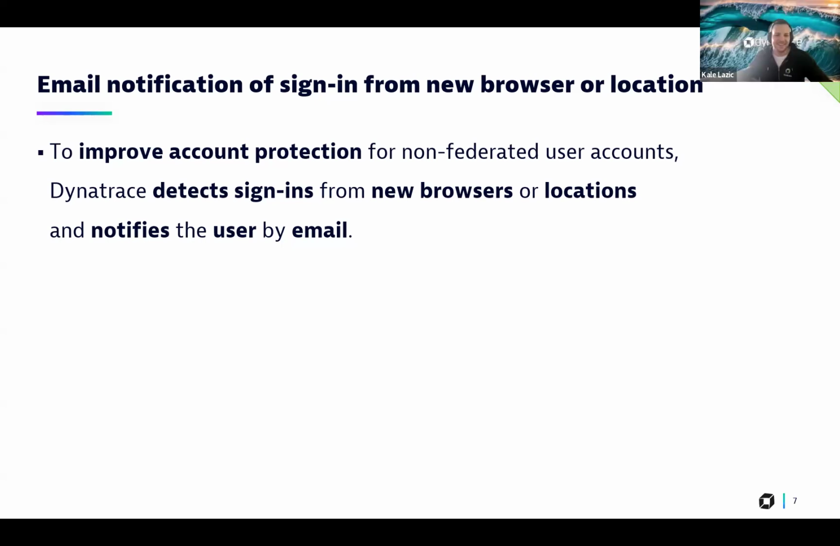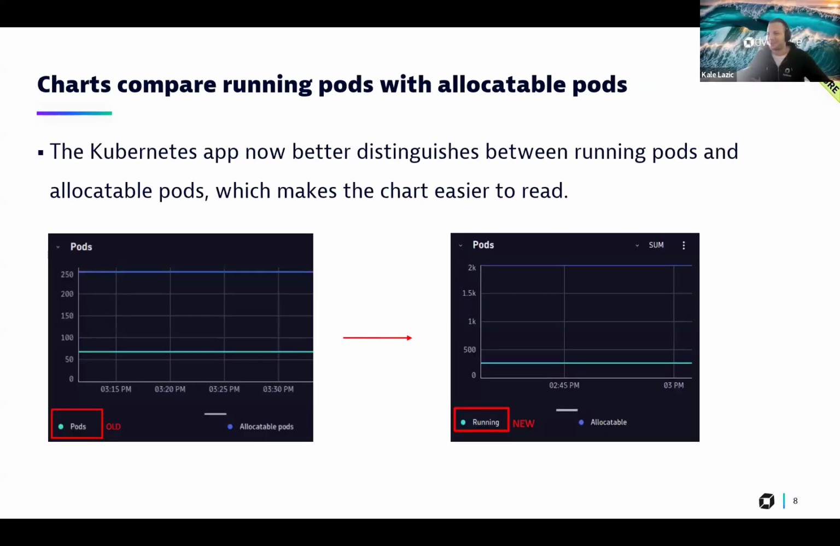Okay. Yeah. And now the actual part that I was announcing a few seconds ago, the infrastructure section, where we have some new features, mainly in the domain of Kubernetes. So we have some charts in Kubernetes in the new Kubernetes app, and there's now a small change that was introduced. Namely, for the charts where you have the number of pods and the number of allocatable pods, this is now changed to the number of running pods versus allocatable